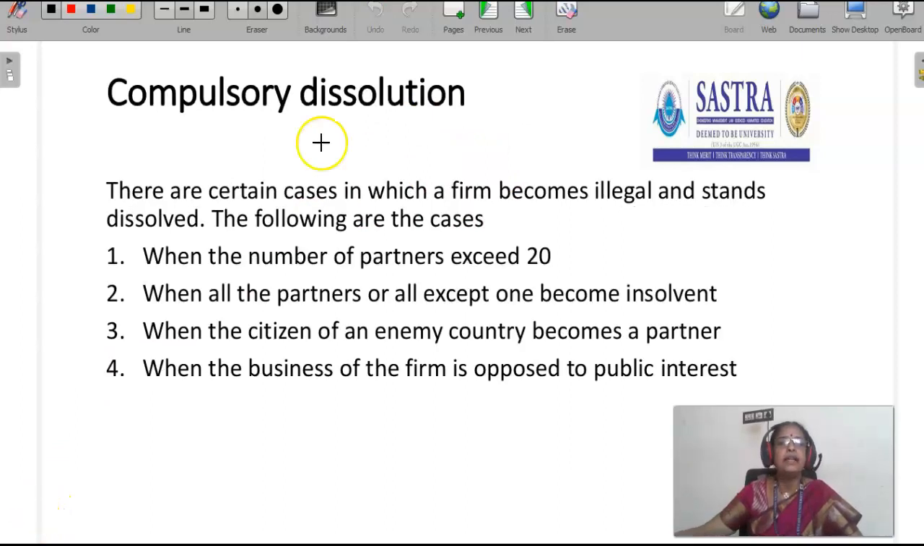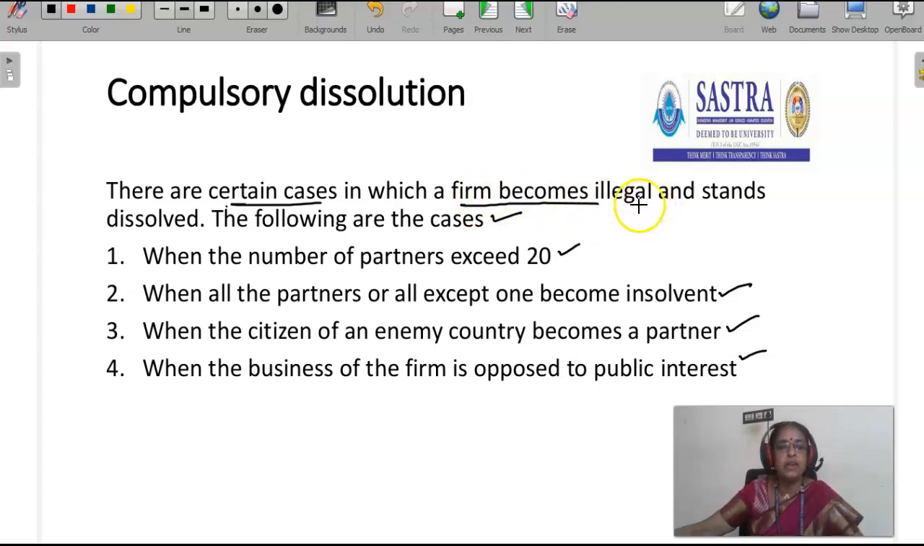Second mode is compulsory dissolution. There are certain cases in which a firm becomes illegal and stands dissolved. The following are the cases. When the number of partners exceeds 20. When all the partners or all except one become insolvent. When a citizen of an enemy country becomes a partner. Where the business of the firm is opposed to public interest. These are all the circumstances under which the firm becomes illegal,